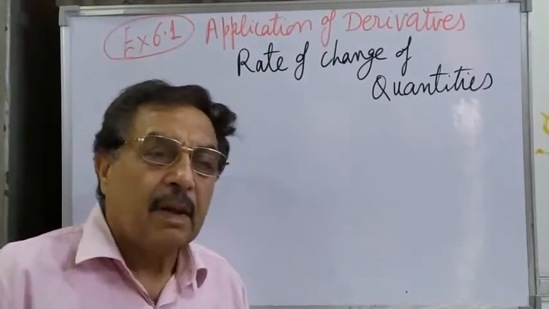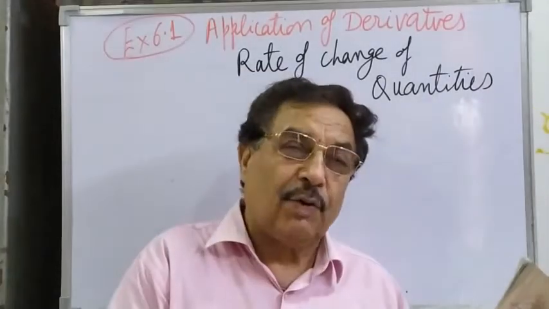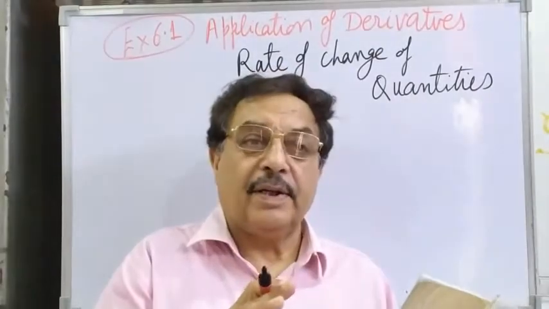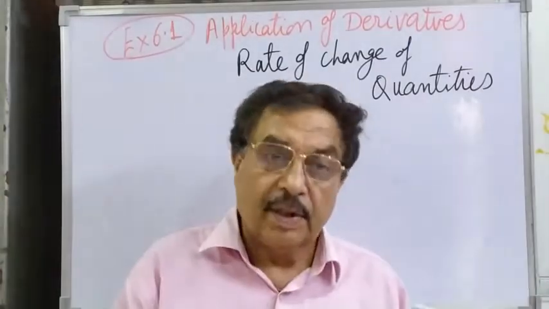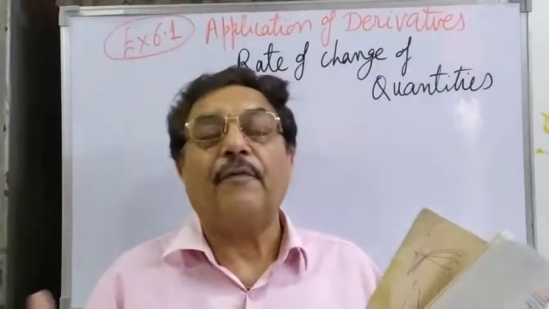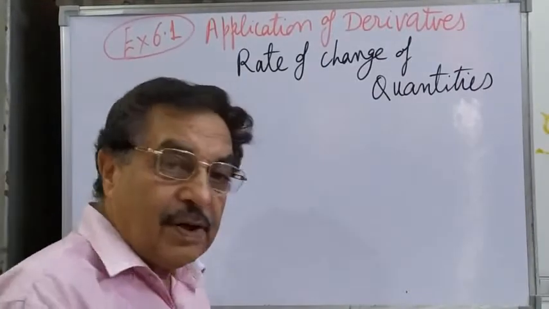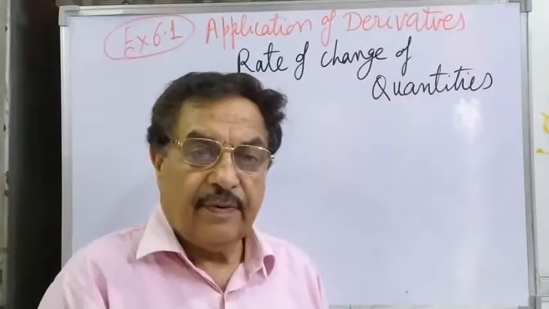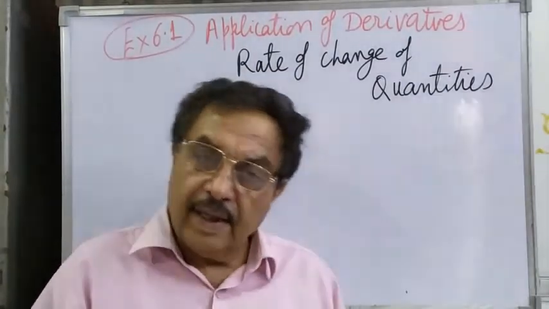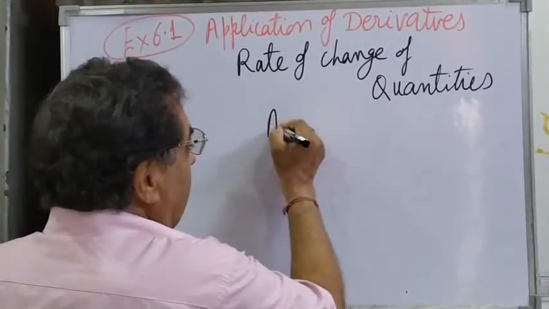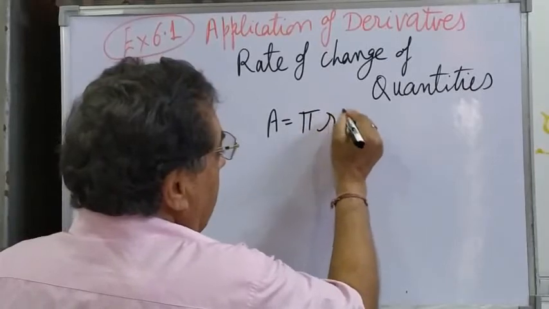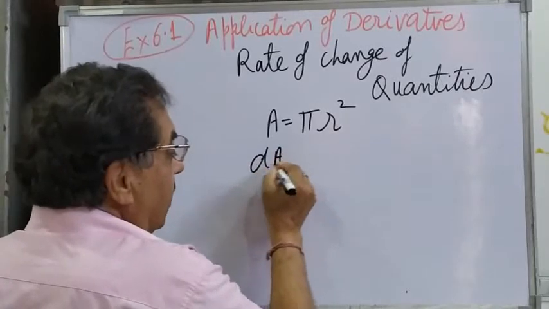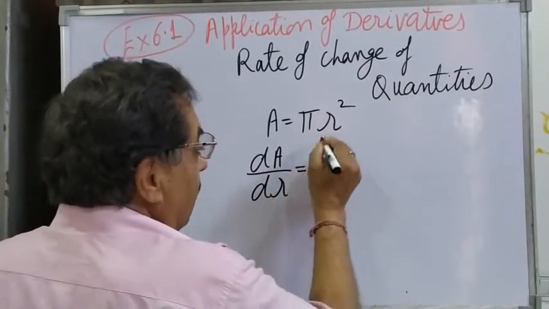Anywhere we have to find the rate of change of one quantity with respect to another, we should have a relation between those two quantities. These are called formulas or functions. Now, area is a function of radius. Increase the radius, the area will increase. Decrease the radius, the area will decrease. Now we have the formula A is equal to pi r square, where r is the radius and A is the area. In case I differentiate area with respect to radius, what do we have?